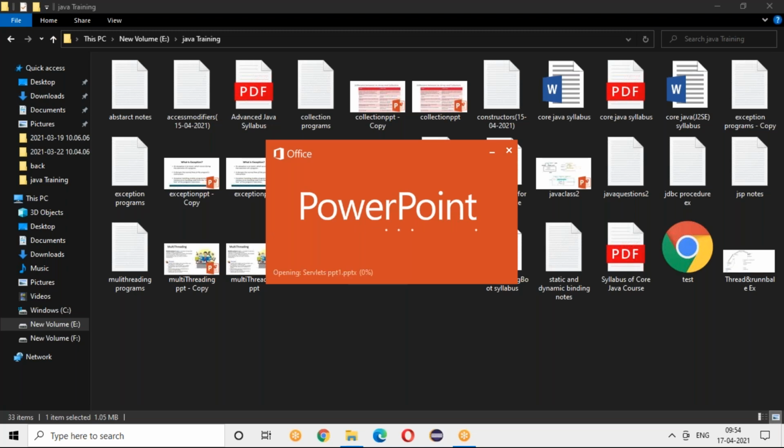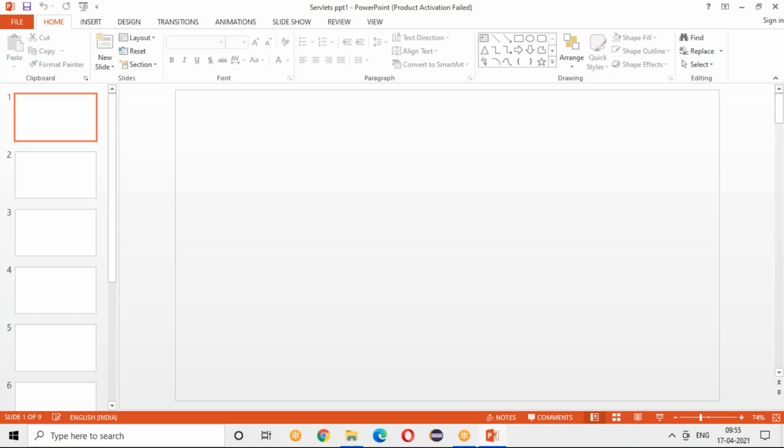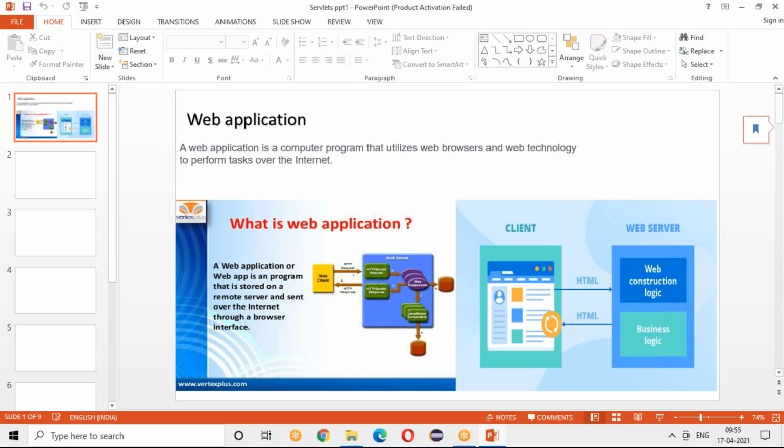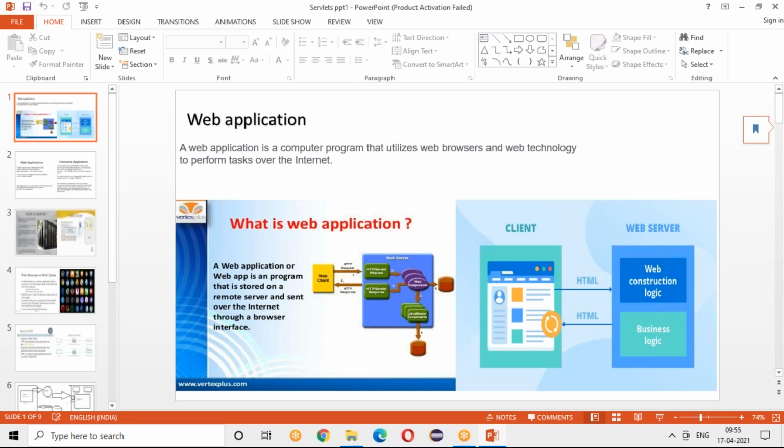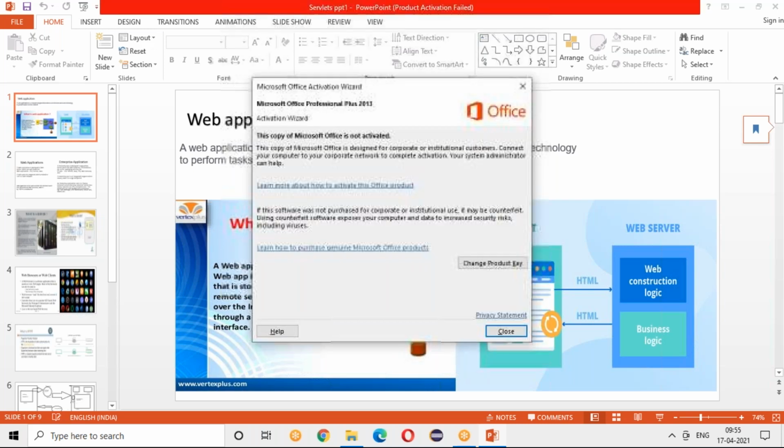So whatever real applications that you see, for example Facebook, Amazon, Gmail, they are nothing but web or enterprise applications, because your Facebook information is not there on your system, right? Whenever you log into Gmail, all your mailbox information is not there. It is somewhere else, but it is coming to your client, to your machine, because that's a web application, and it will interact with some server where the data is, whether your WhatsApp information or Facebook information, whatever it may be. It will get the data from there and show it to your client. So that is nothing but your browser.